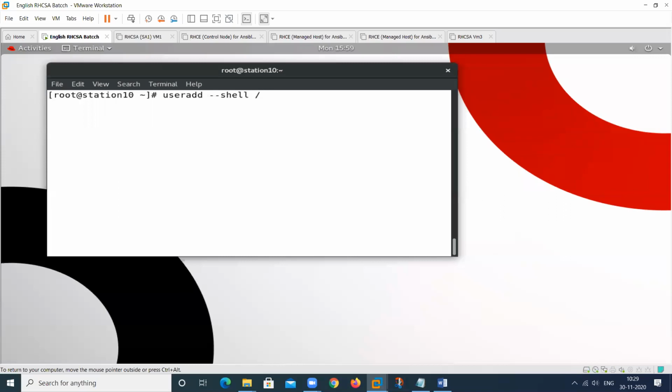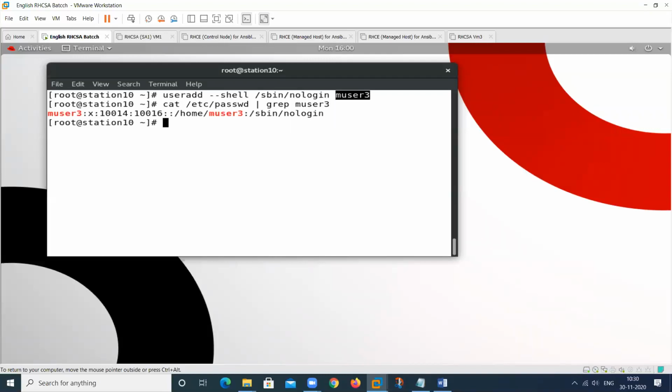And which shell we want to assign? /sbin/nologin. And which user you want to create? muser3. Check /etc/passwd, grep muser3. See here.